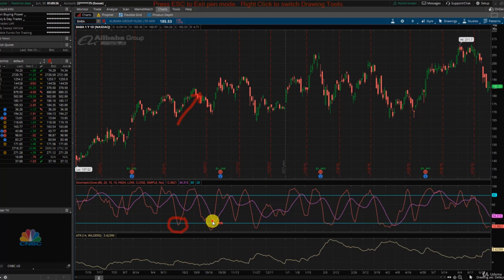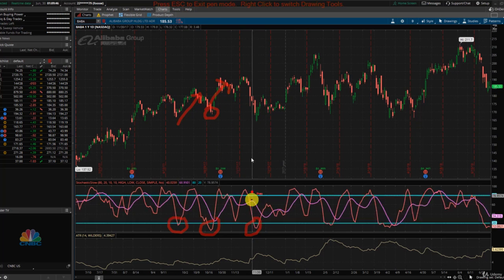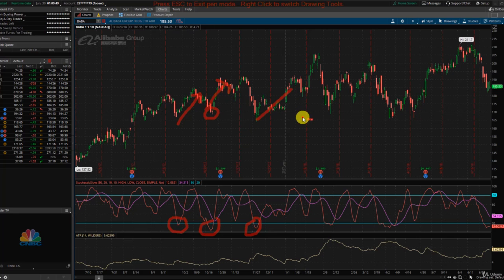And then the next signal probably comes in over here, and again Alibaba went up, so you are fine. And the next signal is over here, and then Alibaba went up, and over here we might have another signal, and then Alibaba just went up, and over here we have another signal. So if we use this strategy and time the market, it will just improve our odds and improve our probability.